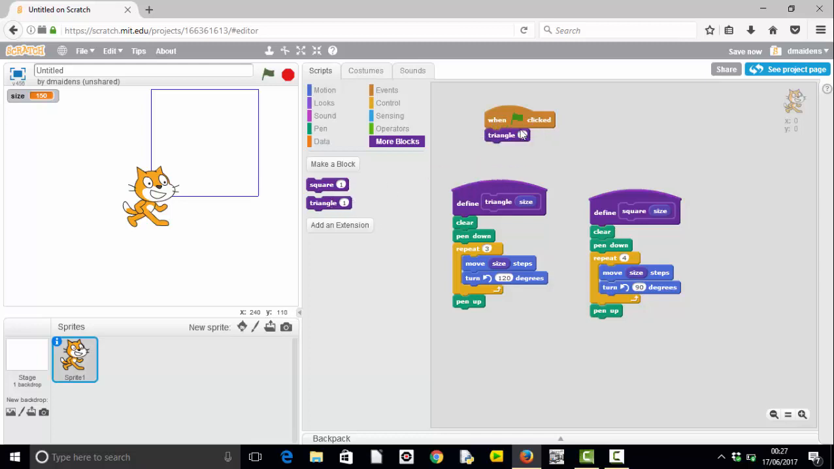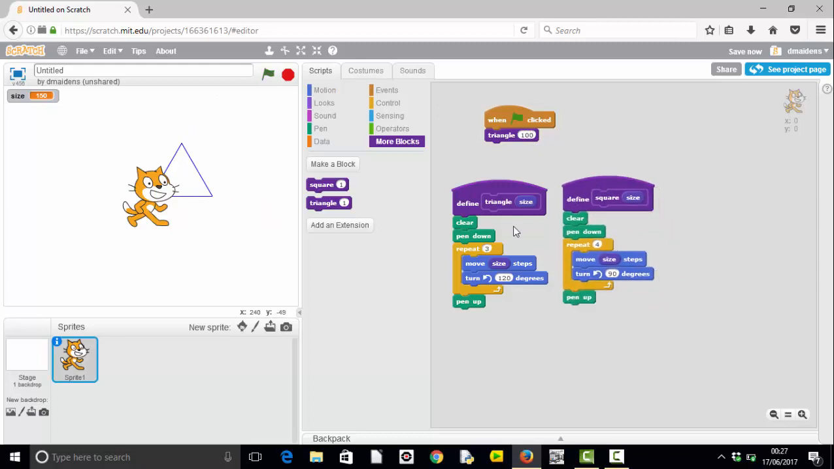I want a triangle of size 200. Brilliant, so that seems to work. I ought to test it with another value just to make sure it does actually change. Excellent. So I've now got triangles, I've got squares, and from a progression after a three-sided, four-sided figure is a